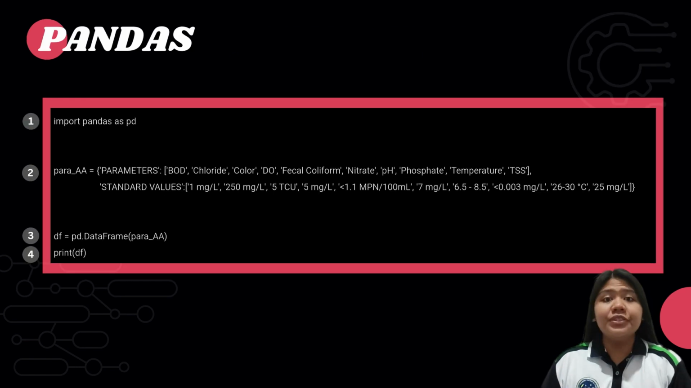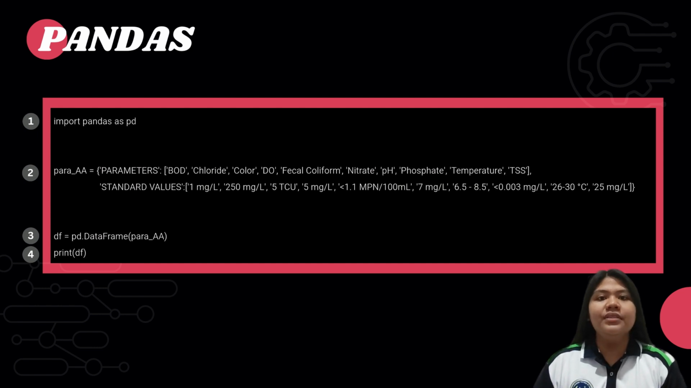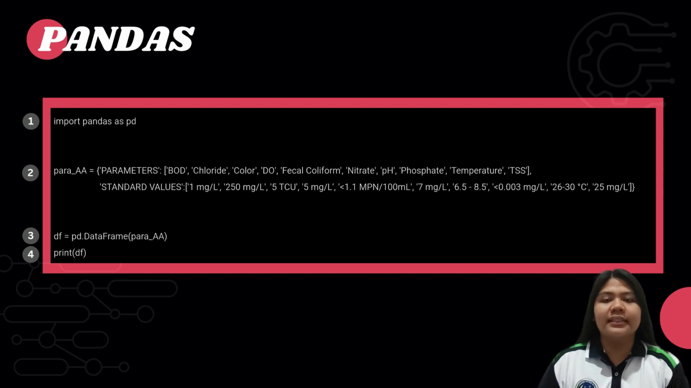in this video. For each water classification, we use import pandas as pd to clearly organize wastewater parameters and their standard values. This imports the pandas library with pd as a shortcut for functions like pd.DataFrame. For the second line, para_AA, we created a dictionary containing two keys. First, the parameters. This is a list of wastewater parameters such as BOD, chloride, etc. On the other hand, the standard values, these are the limits or required values based on the Class AA standard